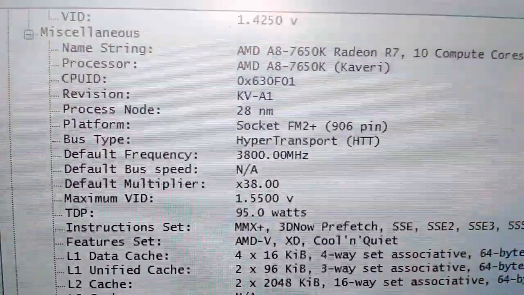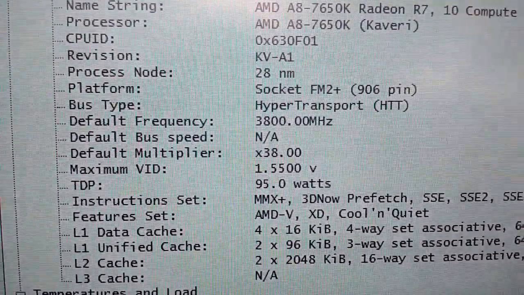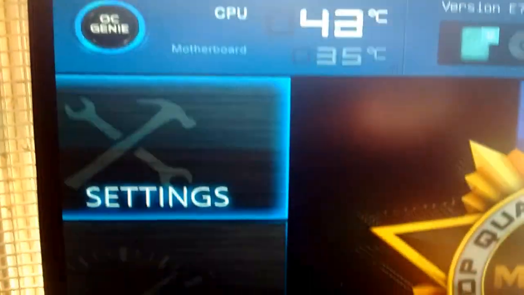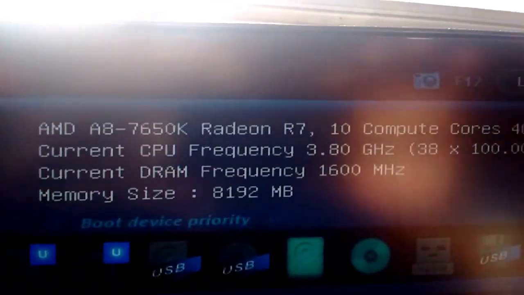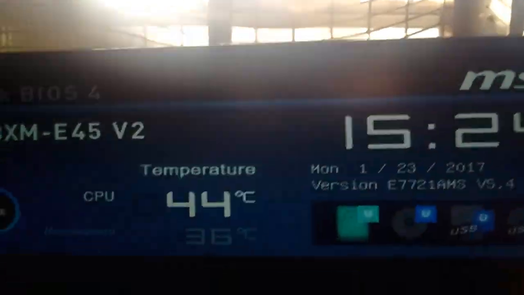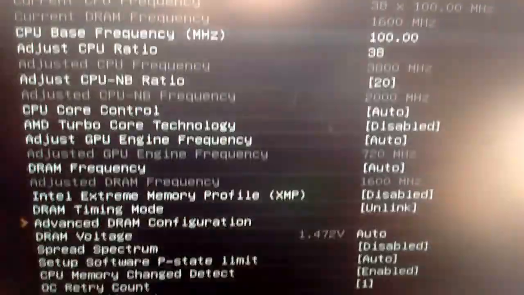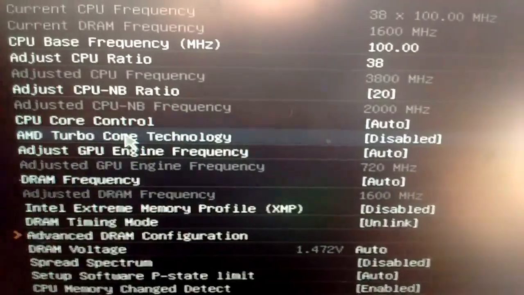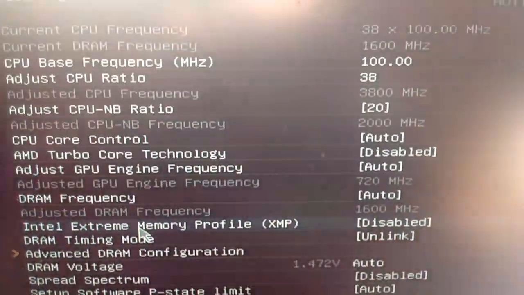disable, well, I will walk you through that. Here's my motherboard, settings, overclock settings, all my information. Go into OC. You want to disable Turbo Core Technology, XMP,